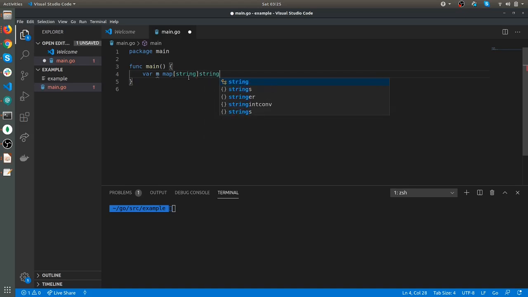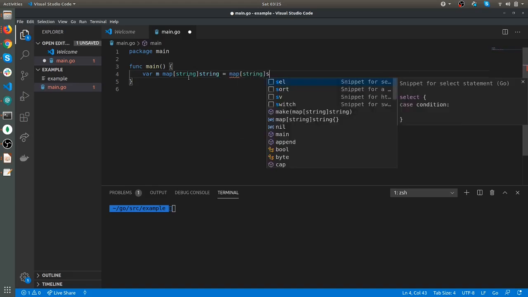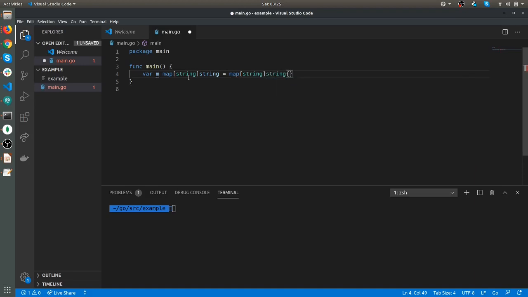I am taking both as string. Name 1, Tokyo. Name 2, Nairobi.